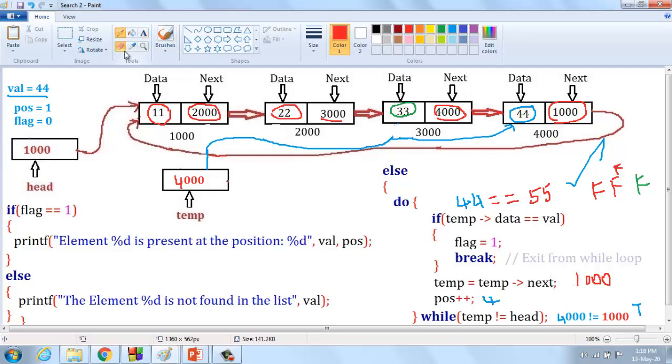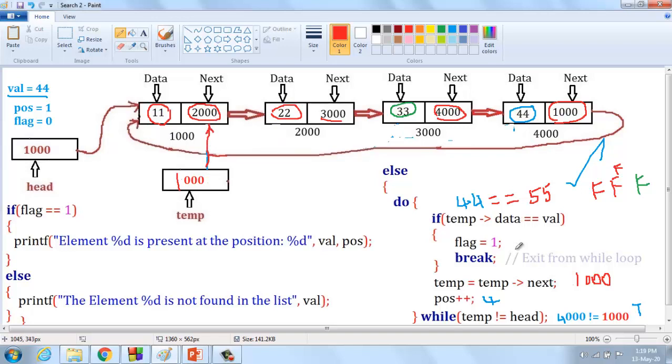Here temp should be changed into 1000. This link is automatically terminated from the list, and this connection is created again at the starting of the loop.